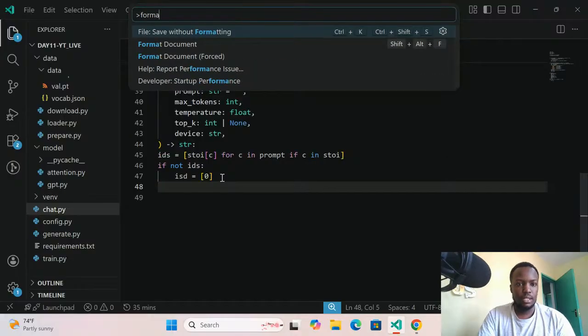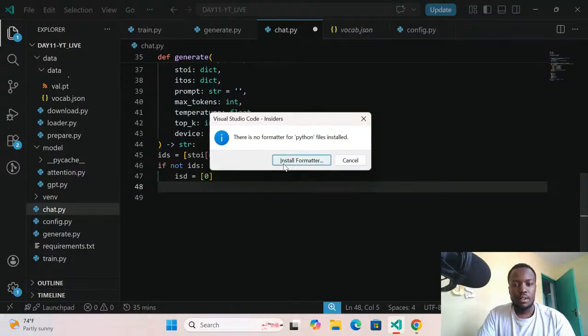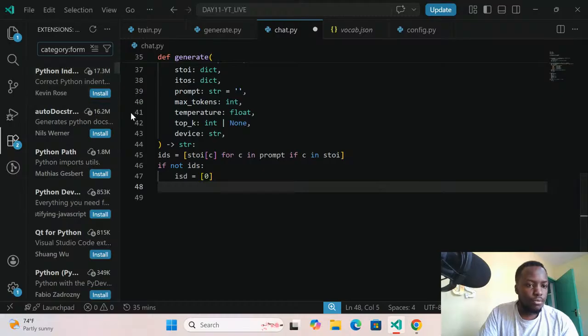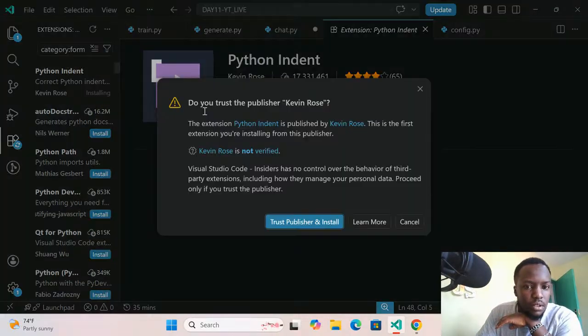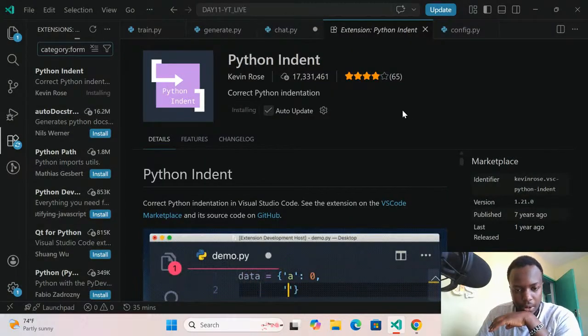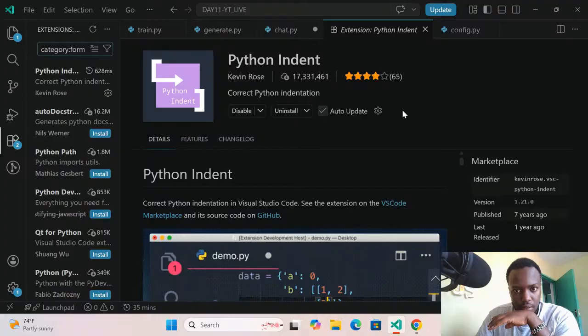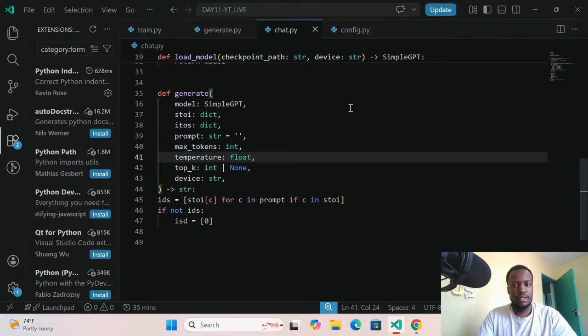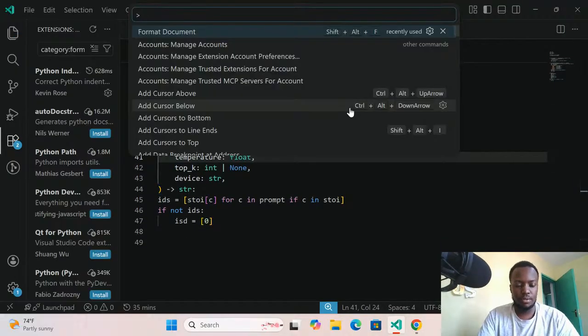Control-Shift-P, format. Okay, I don't think I have a Python code formatter. Python indentation. My code looks ugly, so let me install a Python formatter. So if I save and press Control-Shift-P, format,